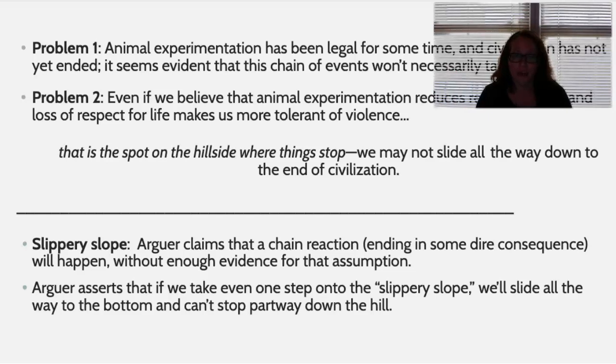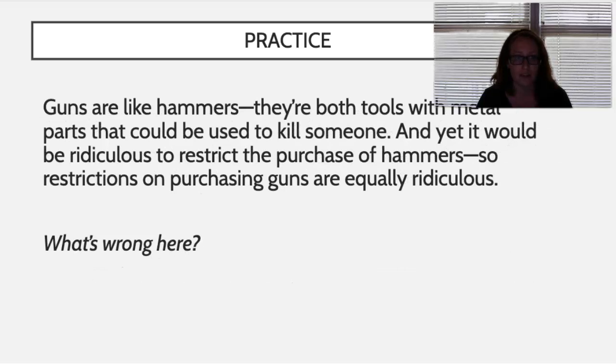And it's okay to use a chain of reasoning for an argument, but you have to have some kind of evidence to show that this consequence could happen, not just rely on fear. And this is an example of using emotion unfairly, because with this chain of reasoning, they're just relying on people's fear, as opposed to using any evidence.